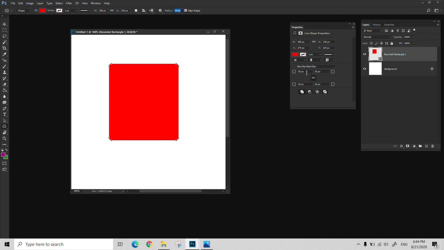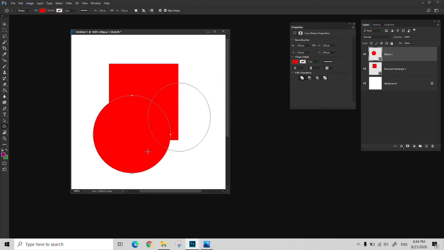This is the same that you have here, but if you are in rounded rectangle tools, you will have this option here. Still, even if you make it 0 here, it will become a normal rectangle. So here in the normal rectangle, you don't have that one. In the rounded rectangle, you have this, but doesn't matter. Even if you're using the first tool, you will find this option in your properties section. So you have